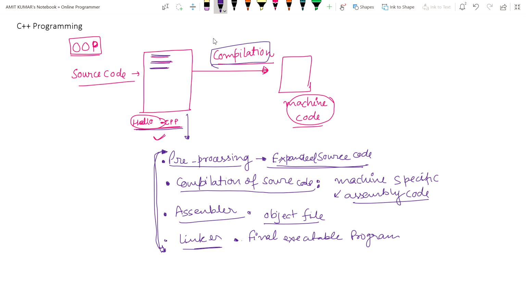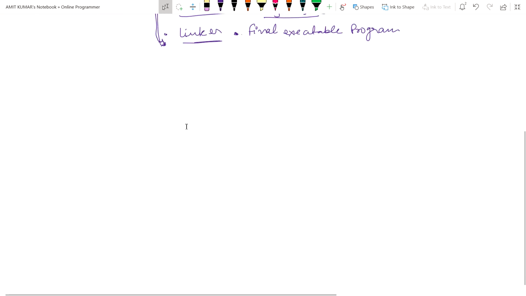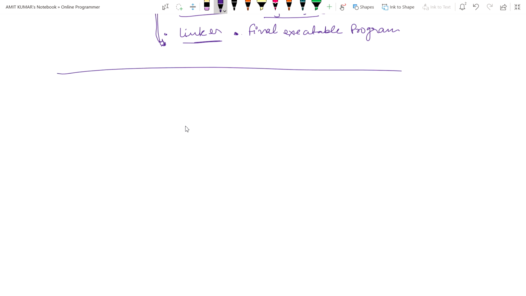Now let's talk about what is required to write a program. Basically there are two things. One is a text editor, and second is a compiler. These two things are required to write a C++ program.